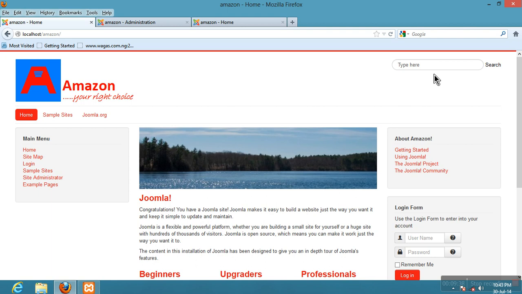Also, it's possible that if you have another module in this same position, let's say with this search module, you can actually use the ordering, which we just did, to also decide which one you want to be above the other. Okay, alright, so that is how you order modules in the same position